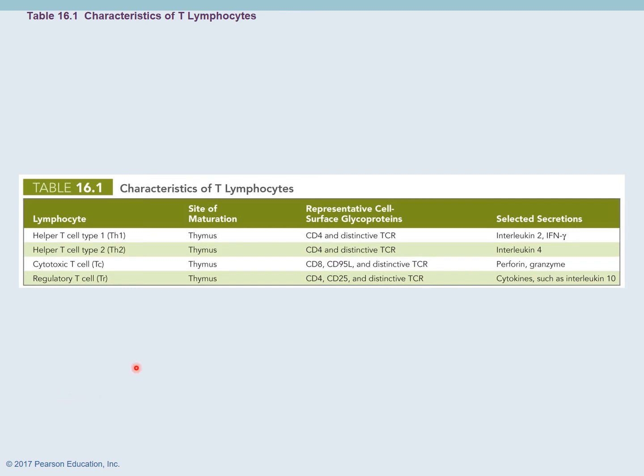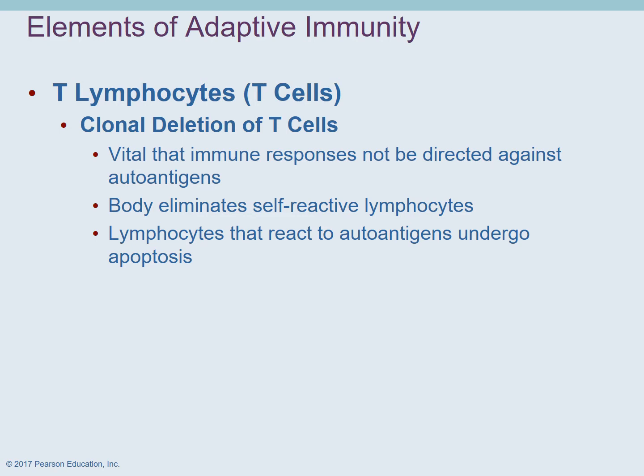So this is a table just showing some of the characteristics of these different types. The regulatory, cytotoxic, and as I said, there are two different types of helper T cells. A subgroup of the helper T cells are known as the CD4 cells. The cytotoxic T cells are often referred to as the CD8 cells. We're going to hear that again at the end of this chapter. The T cells,